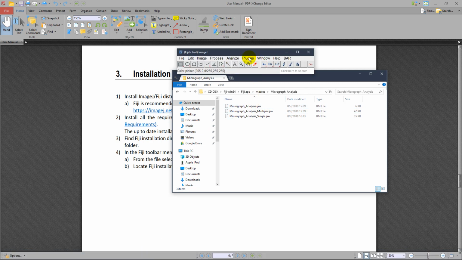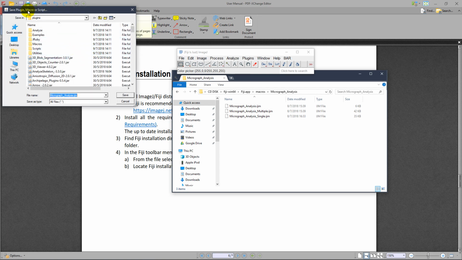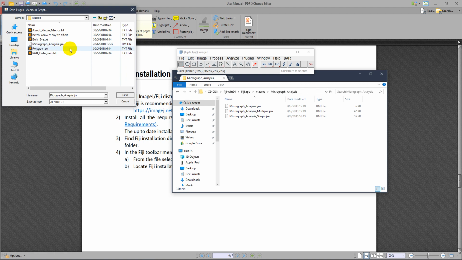Now, to simplify running the script, you want to click plugins, go into install and locate the micrograph analysis IJM file, which firstly you should find in the Fiji directory, macros, micrograph analysis. Double clicking that will ask you where do you want to save it. So I recommend you to save it in the plugins folder and then macros. As you see, it's already installed, it's right there, but in your case remember to click save,